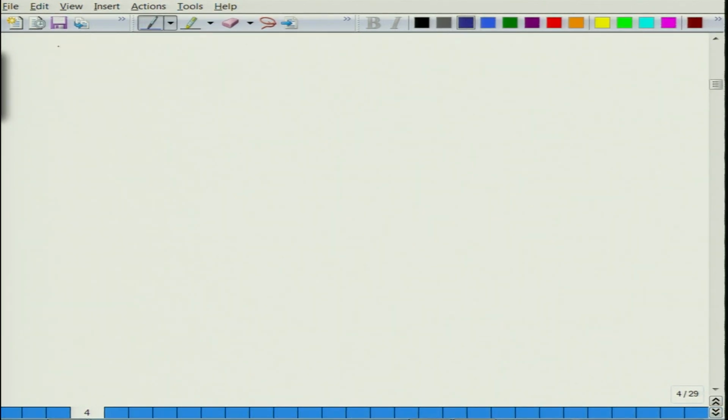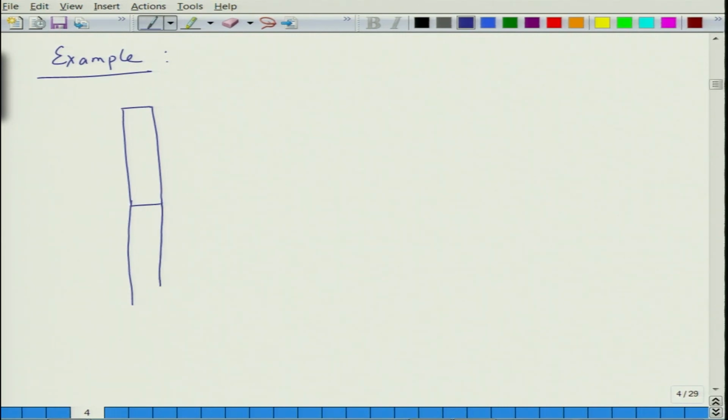Let us take an example of this. Let us say you have a crystal. Let us take a little difficult problem. This is a bicrystal, let us say crystal 1 and crystal 2, and this is subjected to a stress sigma in this direction. This direction for crystal 1 is 1 1 1 and the direction for crystal 2 is 1 1 2. Let us say these are two crystals of the same material.